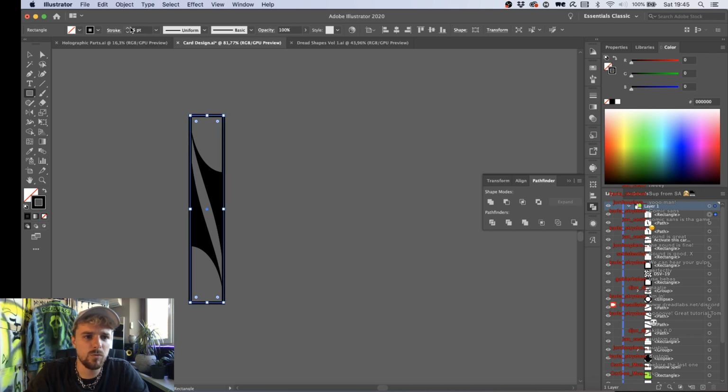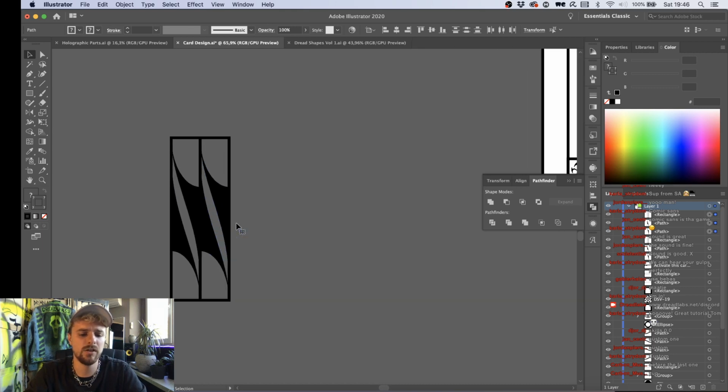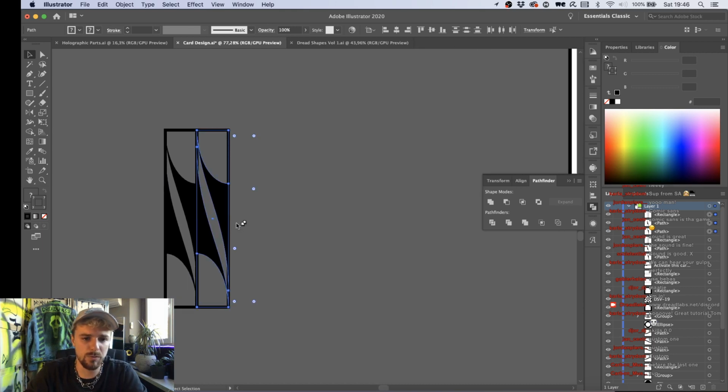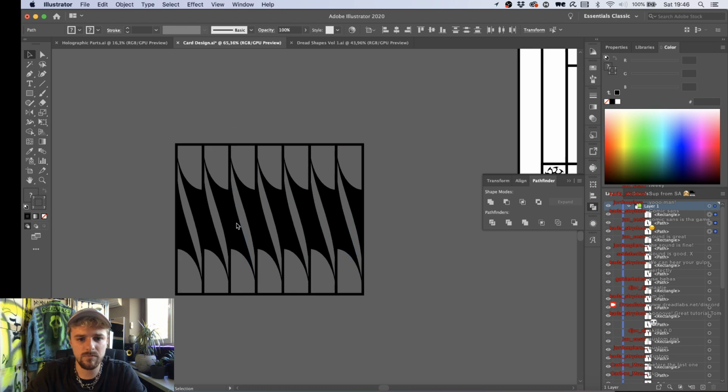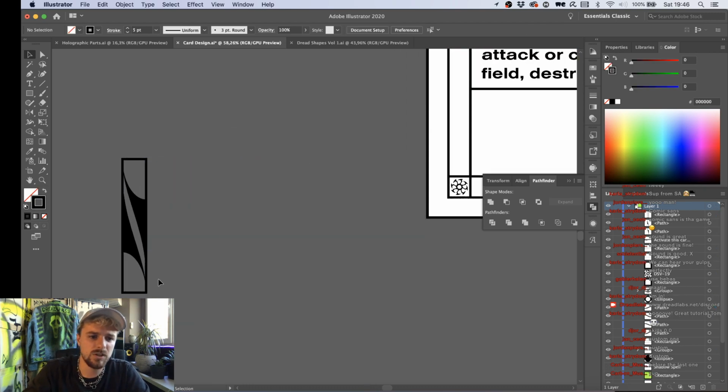Give it a width of 5 points. And what happens if I make this into a pattern? So I was holding Alt or Option and Shift and dragging this to the right. And when I'm pressing Control and Command D, you can get this kind of weird looking pattern, but I might just go and